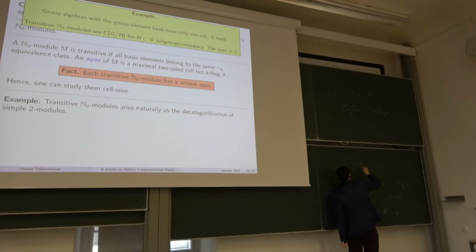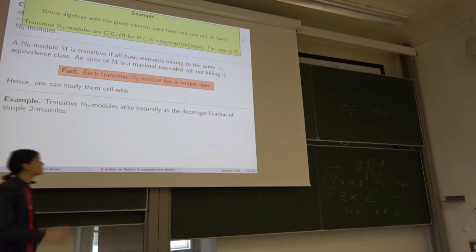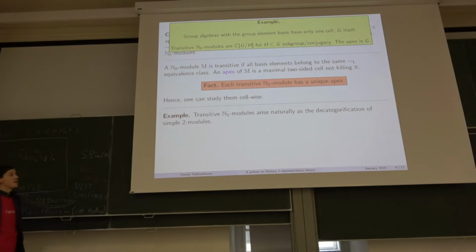But if you have now an inverse, this is saying in my notation that 1 is left bigger than, what is it? G inverse in this case. And of course you can do it the other way around. In particular, as soon as you have inverses, everything will cluster in one cell, namely in the cell of the identity, which in this case is the group itself. So those guys have a very, very easy cell theory.